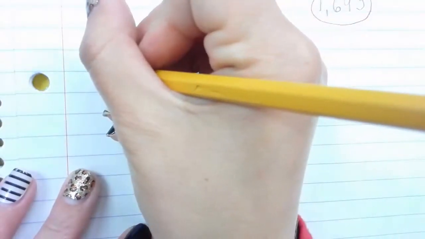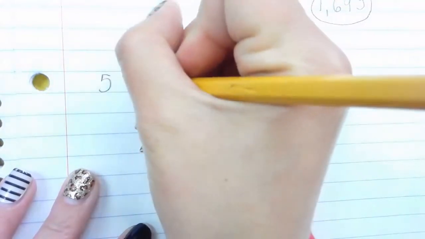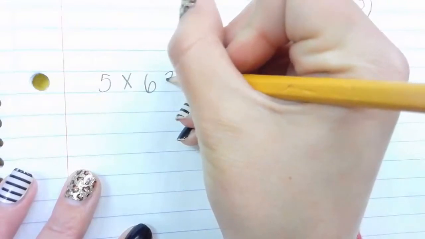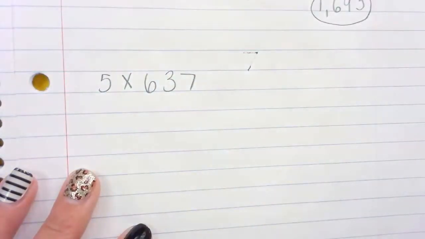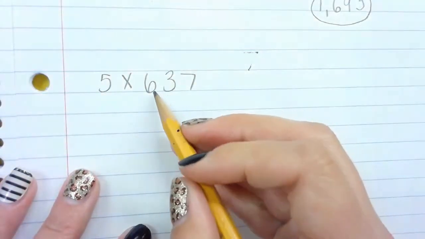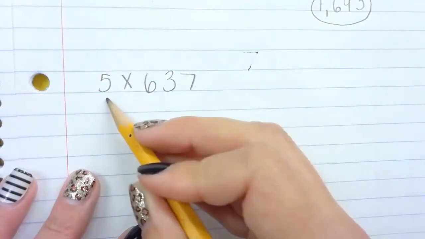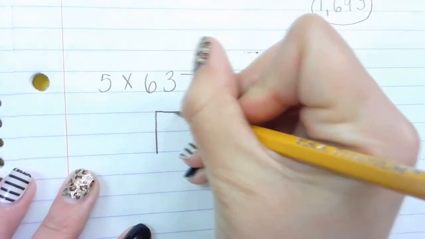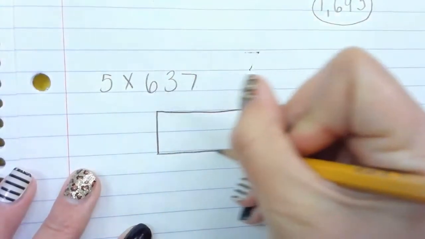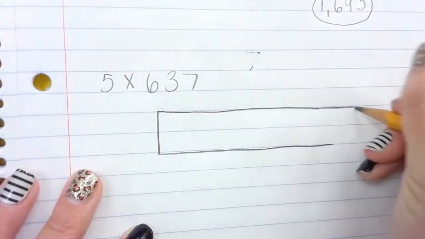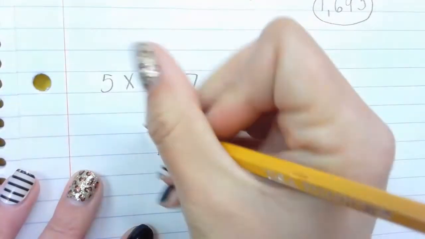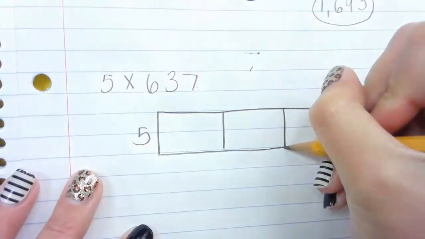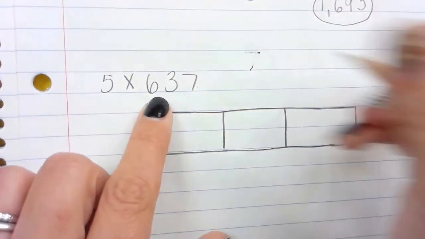Okay, let's do another number using partial products. We will do 5 times 637. Okay, so I know that I'm going to need 3 boxes across and 1 box down. So here's my boxes. So I'll put my 5 here, and then you're basically going to take this number and write it in expanded form. So we have